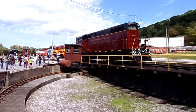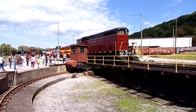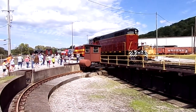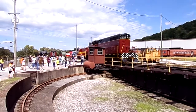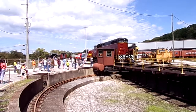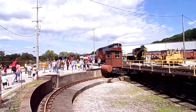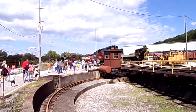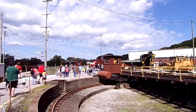Now listen very closely, because I have some people miss this point. If you would like to take the second part of our tour over to our back shop, you will all need to meet me down at the end of our train. Currently, right down at the end of our train, you see a red flag posted on that last coach. There's the walkway. You want to go on the second